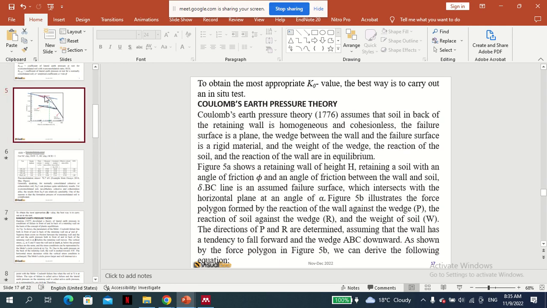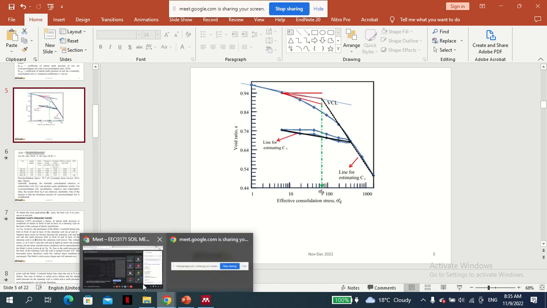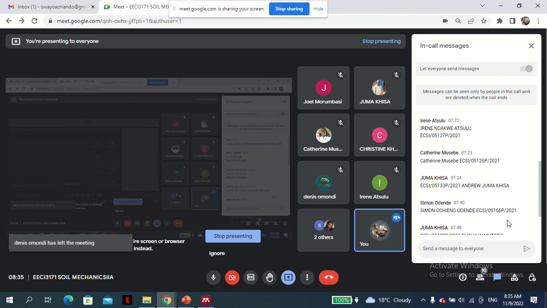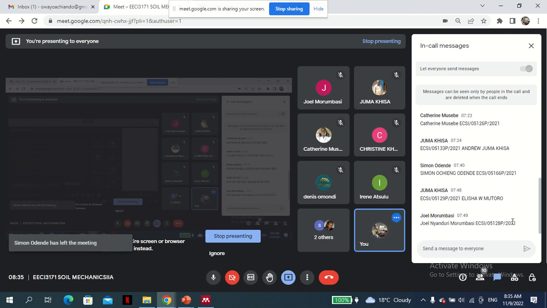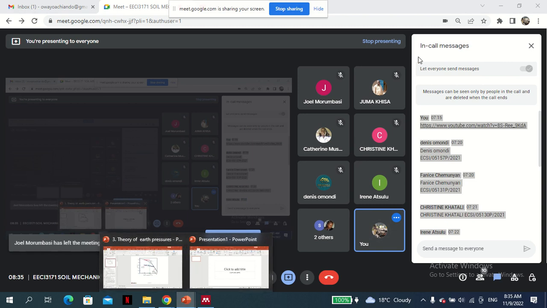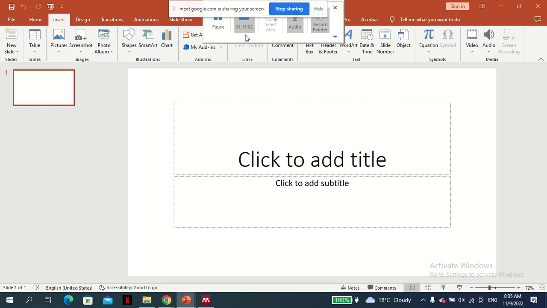So just to let you know, there are two theories: the Rankine theory of how to calculate Ka and Kp, and of course there is another one called the Coulomb theory. Now Coulomb considers a little bit more. You can see that Rankine made some assumptions which are fine, but in reality they don't hold. It turns out they are probably an oversimplification. So now